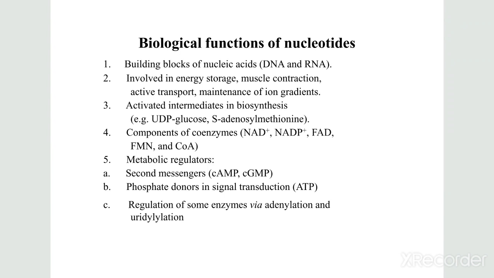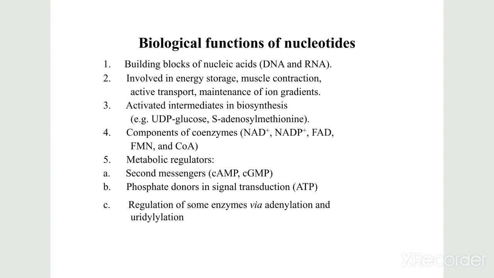Basically what happens, vitamin B2, that is called riboflavin, is the precursor of these two coenzymes, FMN and FAD. Conversion occurs in the small intestine, liver, heart and kidney to form these coenzymes. Coenzyme A has a major role in the synthesis and the oxidation of fatty acids. It is also involved in the oxidation of pyruvate in the citric acid cycle.